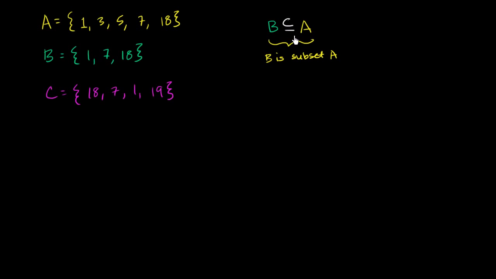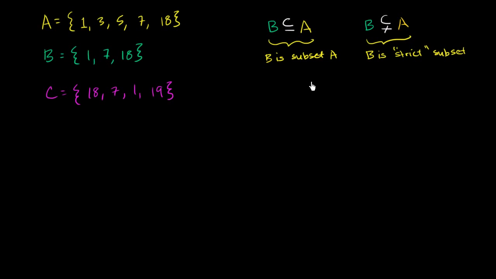Now, we can go even further. We can say that B is a strict subset of A because B is a subset of A, but it does not equal A, which means that there are things in A that are not in B. So we could even go further and say that B is a strict, or sometimes said a proper, subset of A. The way you do that is you can almost imagine that this is kind of a less than or equal sign, and then you cross out the equal part of the less than or equal sign. So this means a strict subset, which means everything that is in B is a member of A, but everything that's in A is not a member of B. So let me write this. This is B is a strict or proper